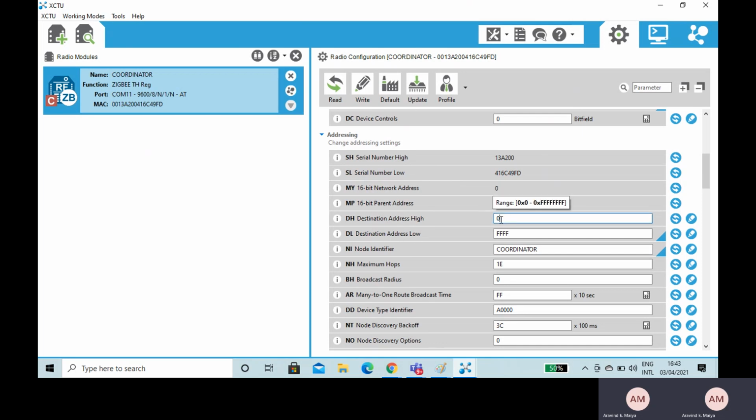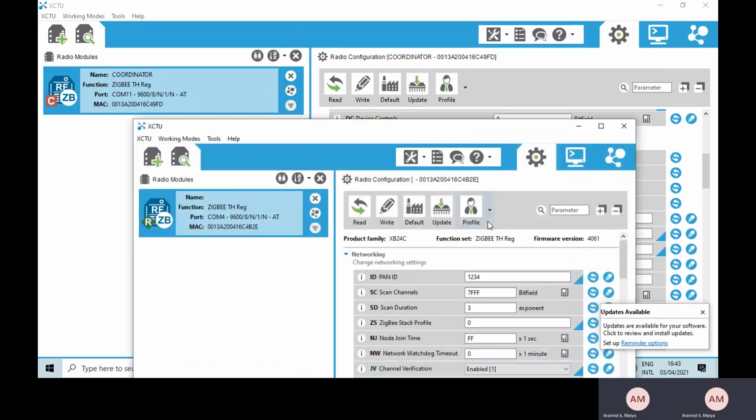The destination address high has to be 0, while the destination address low has to be FFFF. So the most important thing here is you will have to have a DH value of 0 and a PAN ID of 1234. Okay, let me check in the receiver.